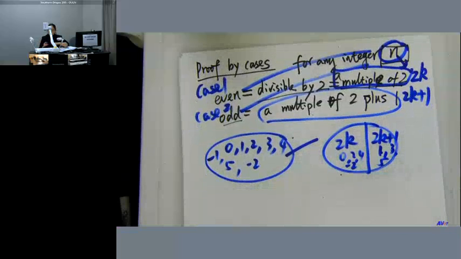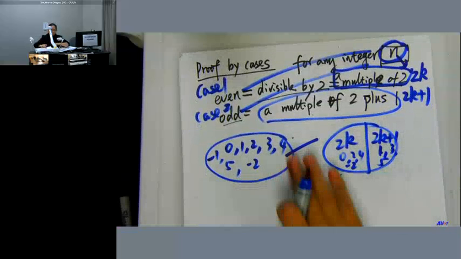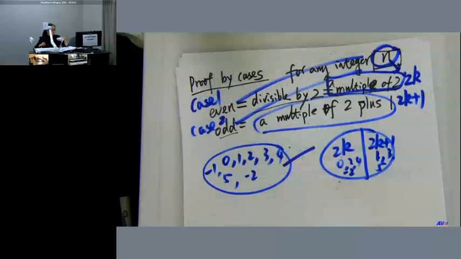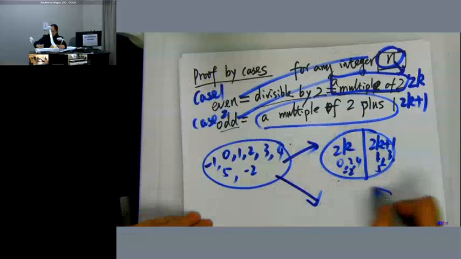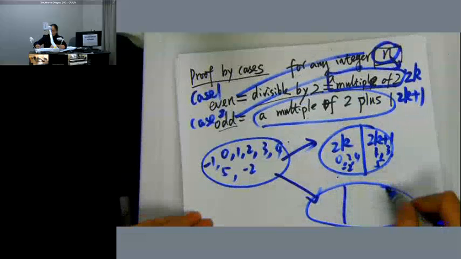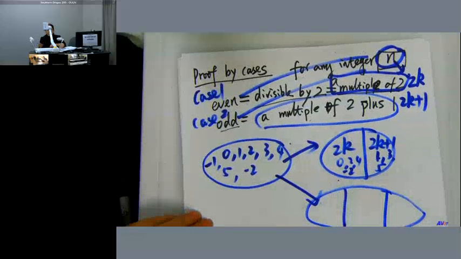But sometimes even and odd doesn't work. Like your whole first practice exam question. They want you to factor out 3. If you do odd, you're not going to be able to factor out 3. You will be able to factor out 2 or 4, but not 3. So maybe I could divide them into 3 categories. Because any integer,